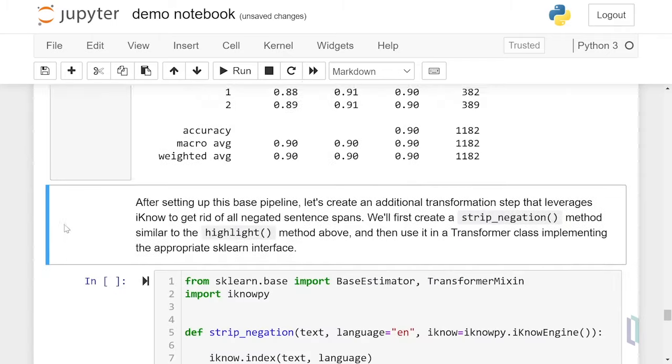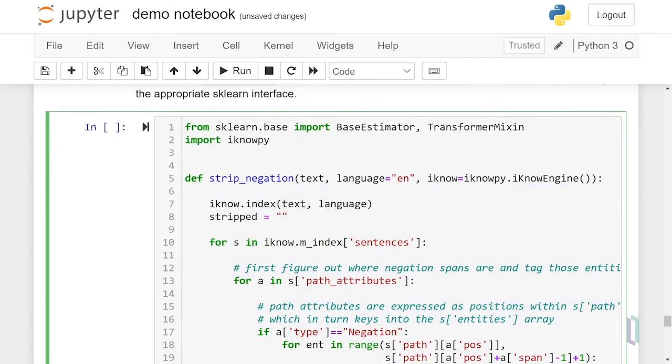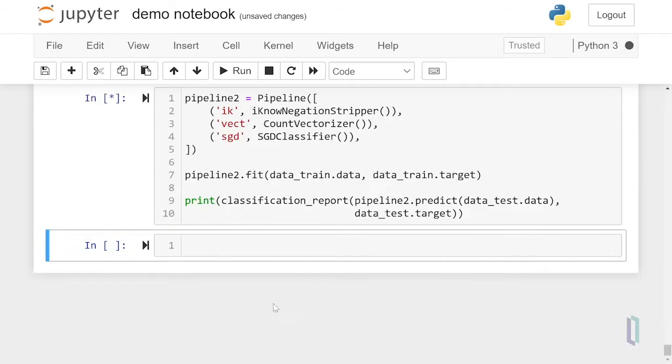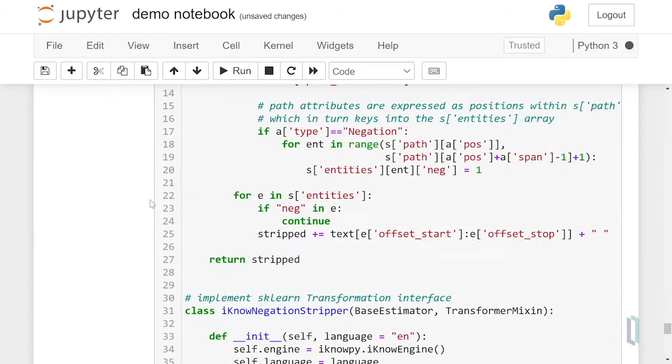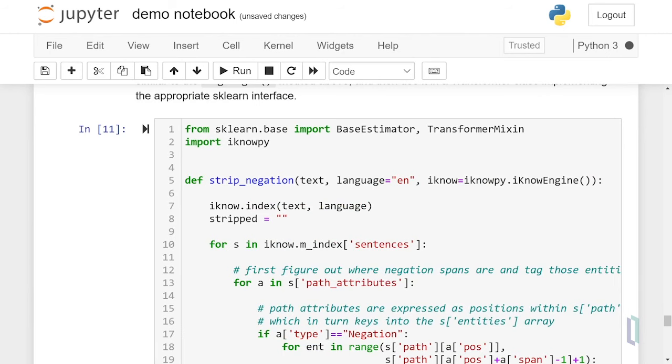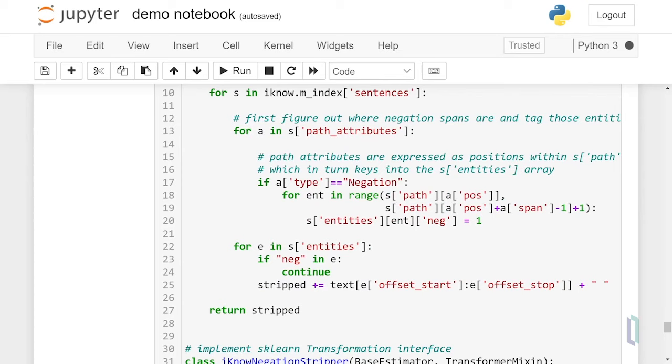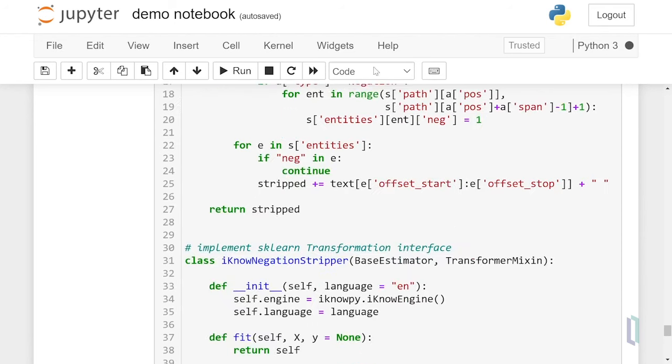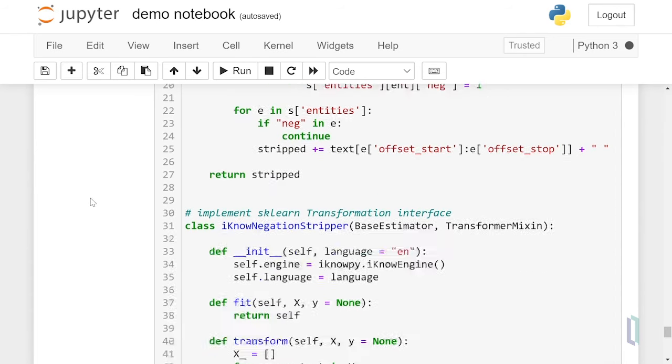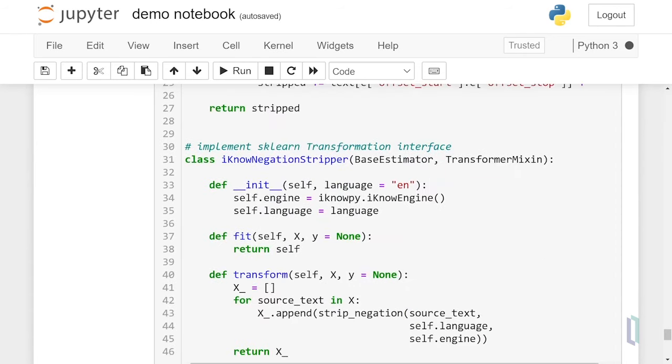Now, we'll try and use the iKnow engine to make that a little smarter. So what we'll be doing here is creating a simple method that strips the negated tokens out of a sentence and only emits the pieces that are not part of a negated part of the sentence. Because of course, you wouldn't want those negated parts to be counted in the same way as the affirmative tokens in our vectorizer. So after doing this little bit of pre-processing, we wrap that in a transformer that fits the